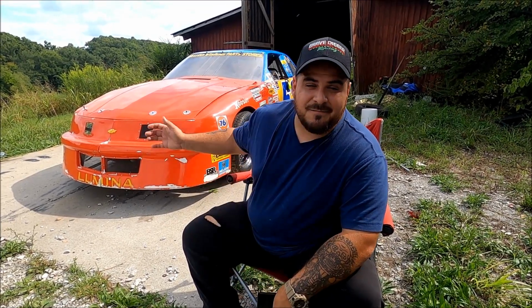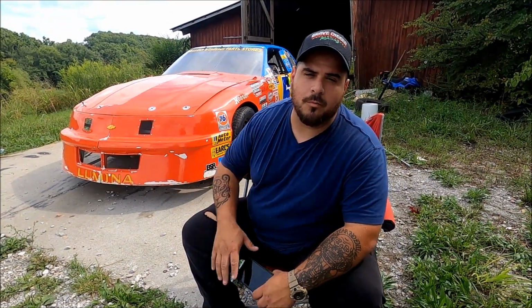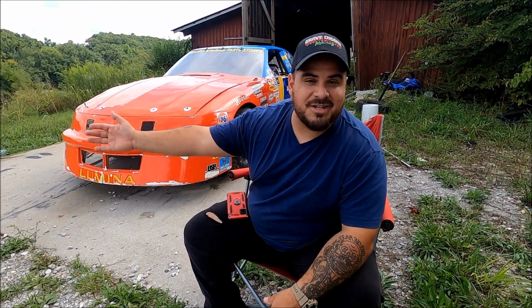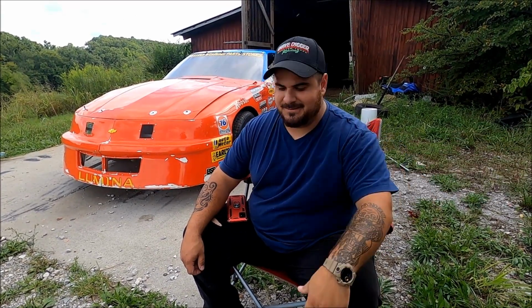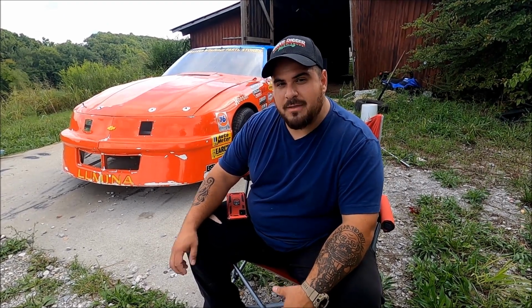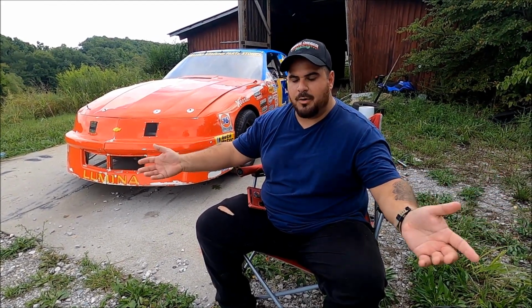I have a confession to make, and that is that I've never done a burnout on a manual car before. Now don't get me wrong, I've shredded plenty of tires on pretty much every Crown Victoria I've ever owned, but as you guys know, those cars are all automatics. Never in my life have I done a burnout on a car that has a manual transmission. So to put it bluntly, that makes me a noob when it comes to doing a burnout on a manual